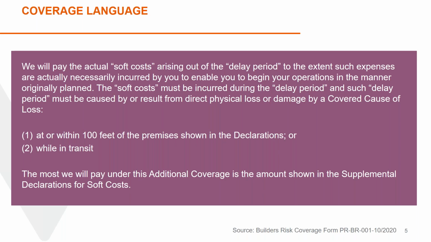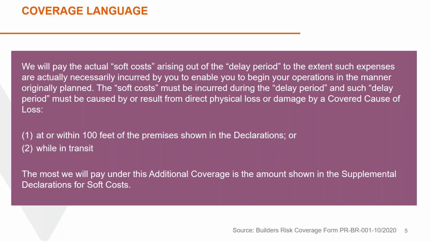The peril wasn't covered. So that's the thing that you always have to ask yourself when you're thinking about soft cost: what caused the delay? We know what the delay period is. We know what soft costs are. Now we're saying what caused it. If it was a covered peril, if it was a fire, if it was lightning, if it was theft, if it was vandalism, all those things we know are covered on the form and they cause a delay, that would trigger the soft cost. So I think that's really what people get confused on. They think of soft cost and they forget that it originally has to be covered on the form, the coverage form we're attaching the soft cost to.